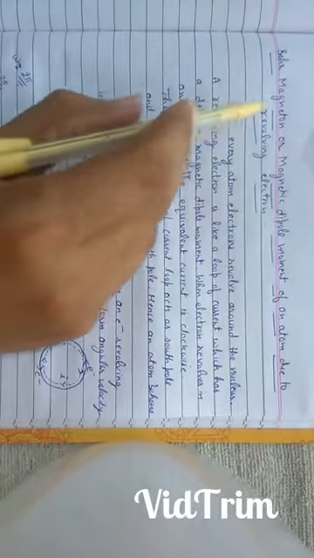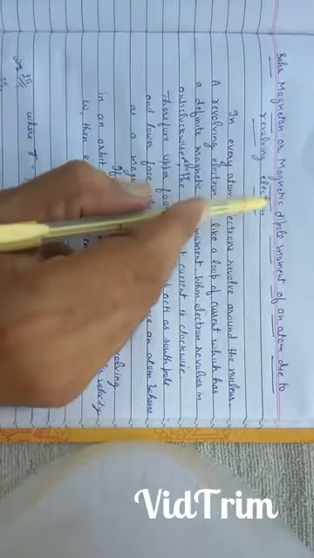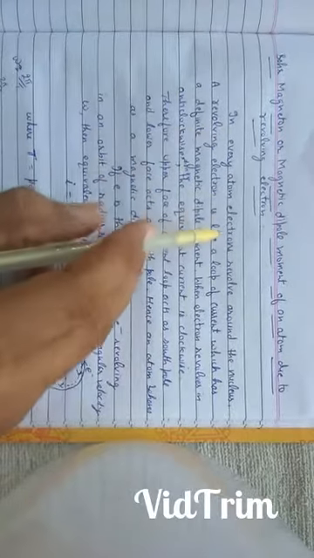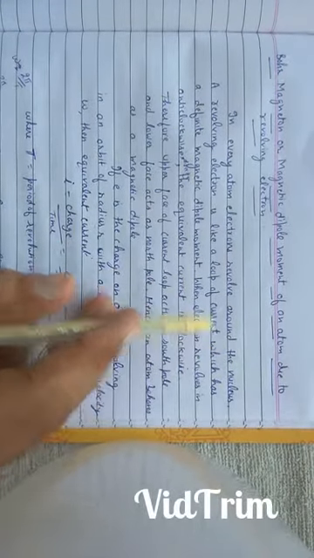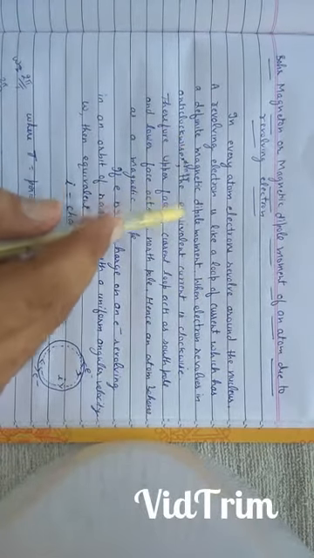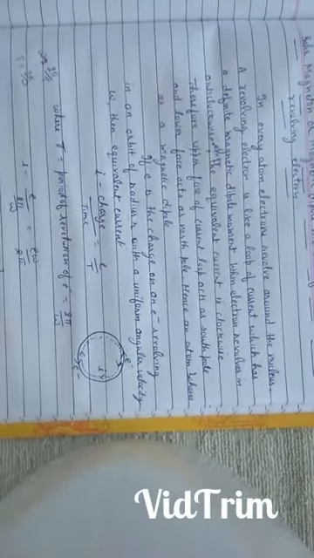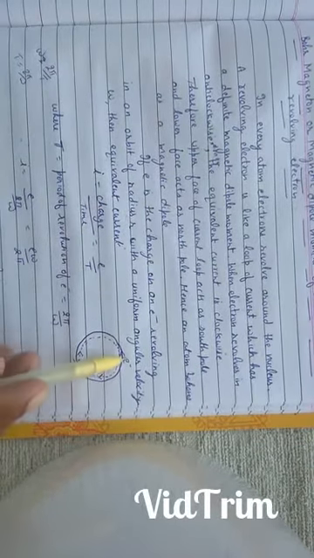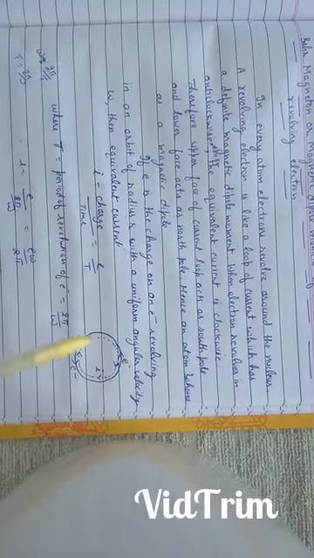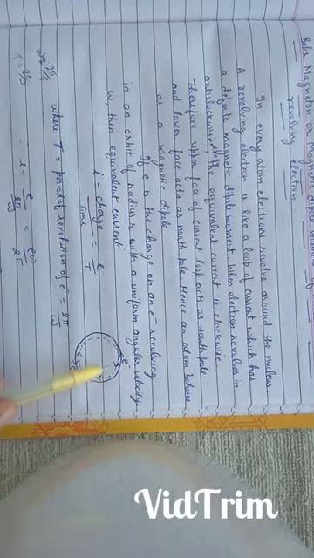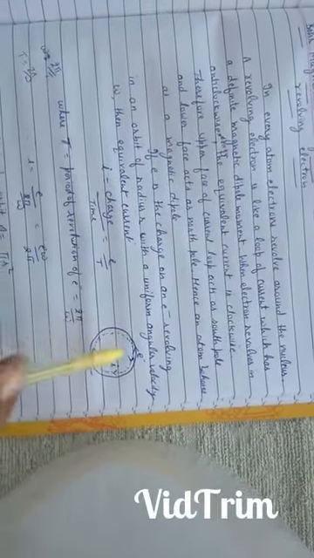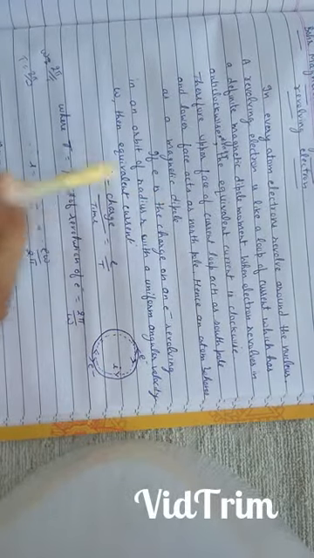Students, our next topic is Bohr magneton or magnetic dipole moment of an atom due to revolving electron. In every atom, electrons revolve around the nucleus. A revolving electron is like a loop of current which has a definite magnetic dipole moment. When electron revolves in anti-clockwise direction, the equivalent current is clockwise. Therefore, the upper face of this current loop behaves like south pole and lower face behaves like north pole. Therefore, an atom behaves like a magnetic dipole.